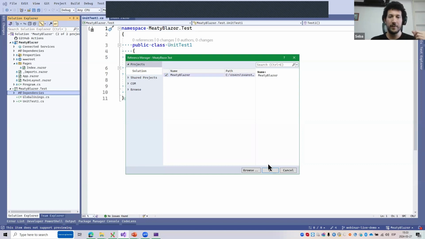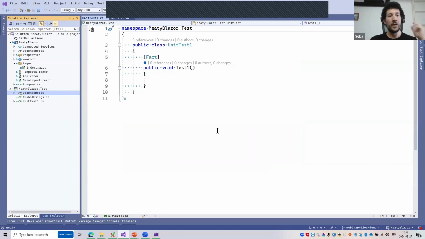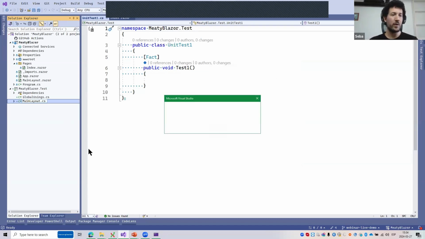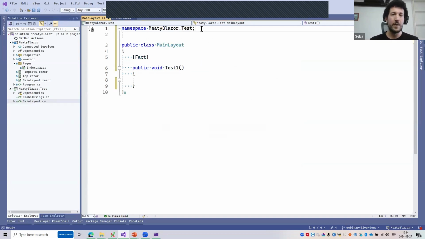because that's what we are going to be testing. All right. So we can get started. Let's say instead of UnitTest1, we want to add coverage for our main layout. All right, we are trying to cover everything here, so we're going to add coverage for that. All right, and I'm going to just copy it over so you don't have to wait until I type stuff. All right, so I'm going to paste